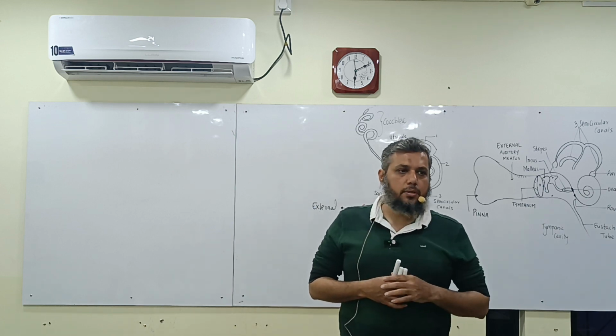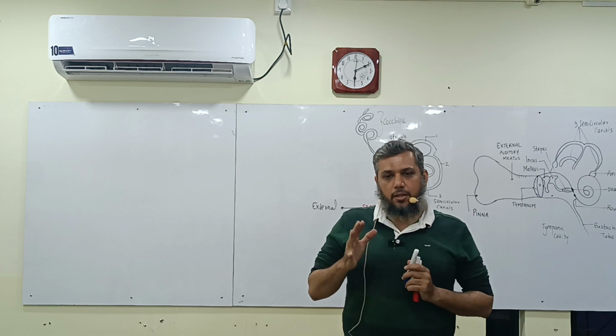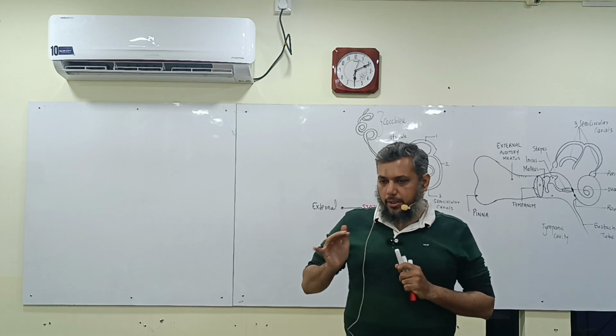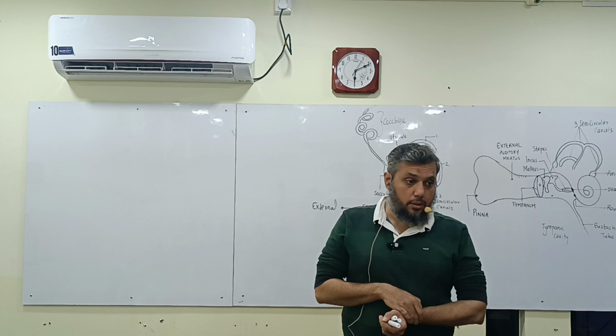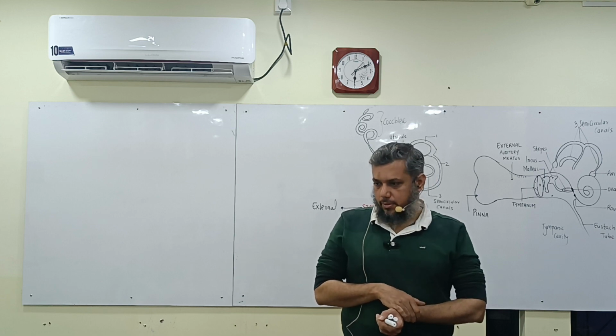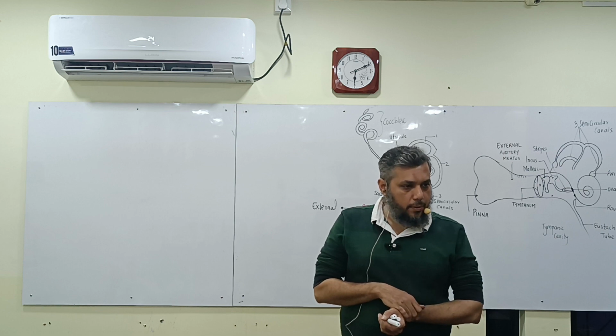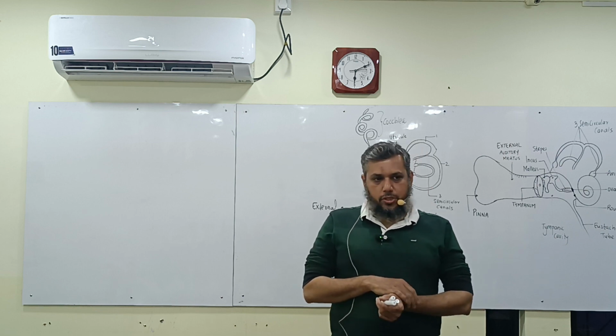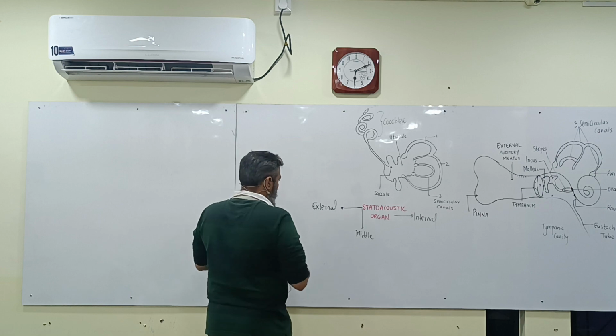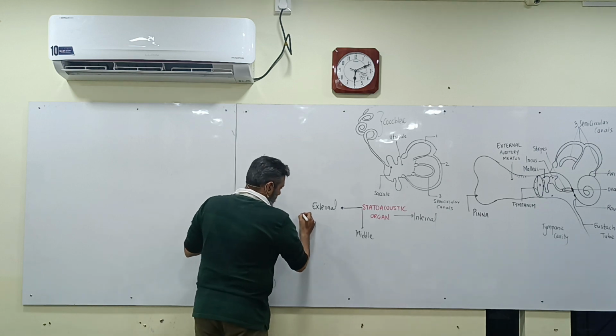Up to the eardrum it is called as the external ear. After the eardrum it is called as the middle ear. Did my class follow? तो एक्सटर्नल ईयर कहां पे एंड होता है? ईयर ड्रम पे। तो एक्सटर्नल ईयर में कौन से पार्ट्स हैं बच्चों लोग, जरा बताएंगे मुझे। पहला कौन है बच्चों? पिन्ना।